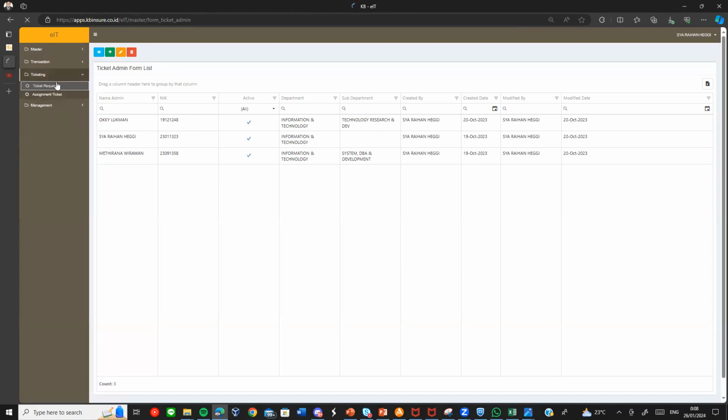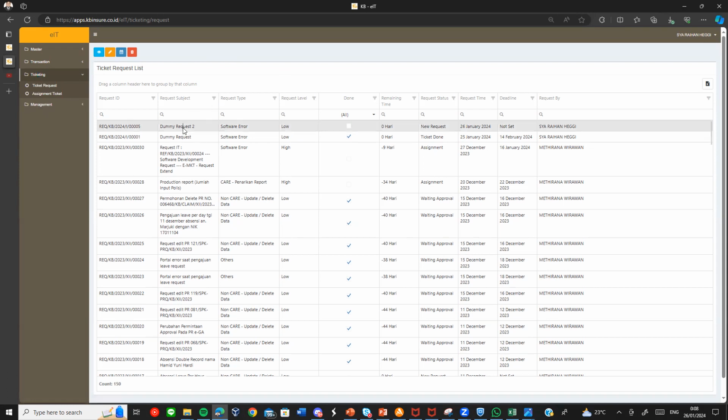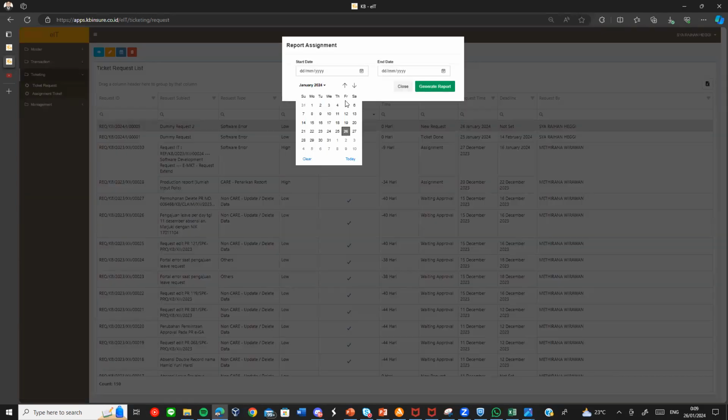And then the admin page can be accessed in the ticketing menu and the submenu ticket request. For the request, there are some menus that can be accessed. The first one, we can export all the data here, or we can export the data periodically.